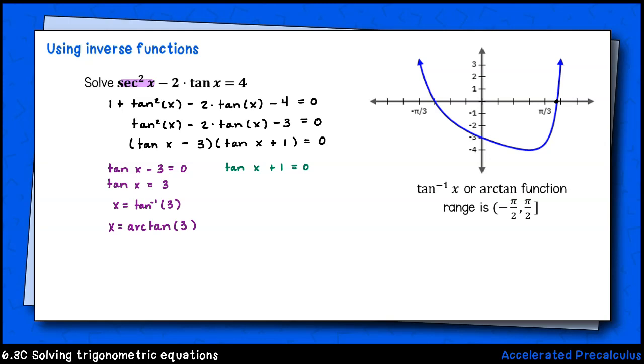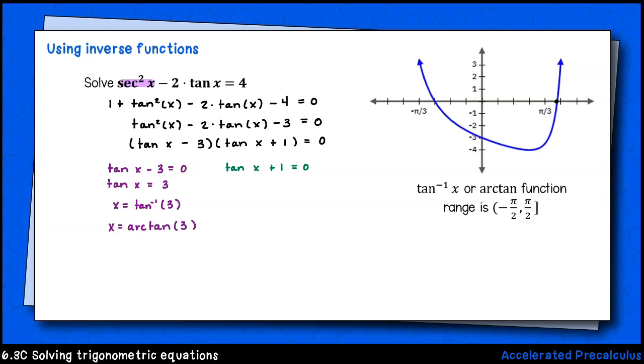Well, recall that the shape of the tangent function differs from that of cosine or sine. The range is not restricted to plus or minus 1 as it is with sine and cosine. In fact, the range is all real numbers. However, this angle is not one of our special right triangle angles. So we'll approximate this solution with our calculator or by simply writing it as the expression inverse tangent of 3,